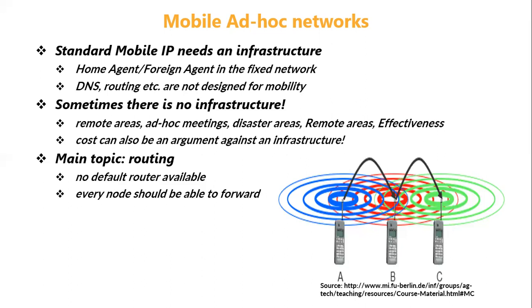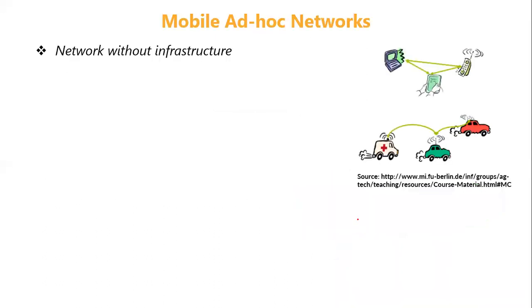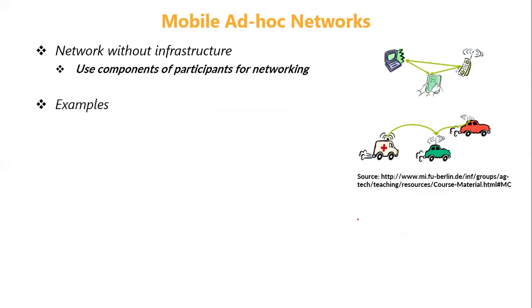In an ad hoc network, there will not be any default router or anything like that. Every node will act as a router. There is no base station which controls other nodes. Temporarily some node will act as a base station and it will coordinate. When it leaves that particular network, again some other node will act as the coordinator or base station. So such networks are called ad hoc networks, which do not depend on any fixed infrastructure.